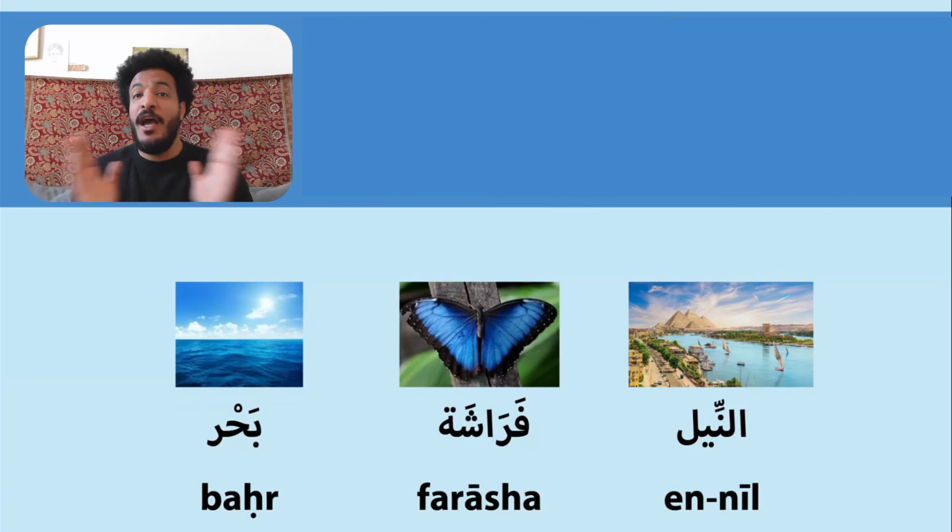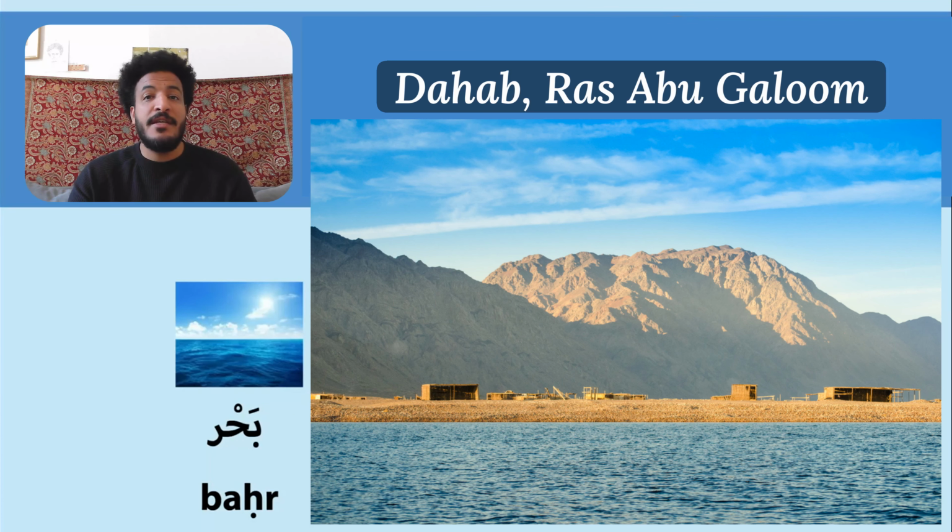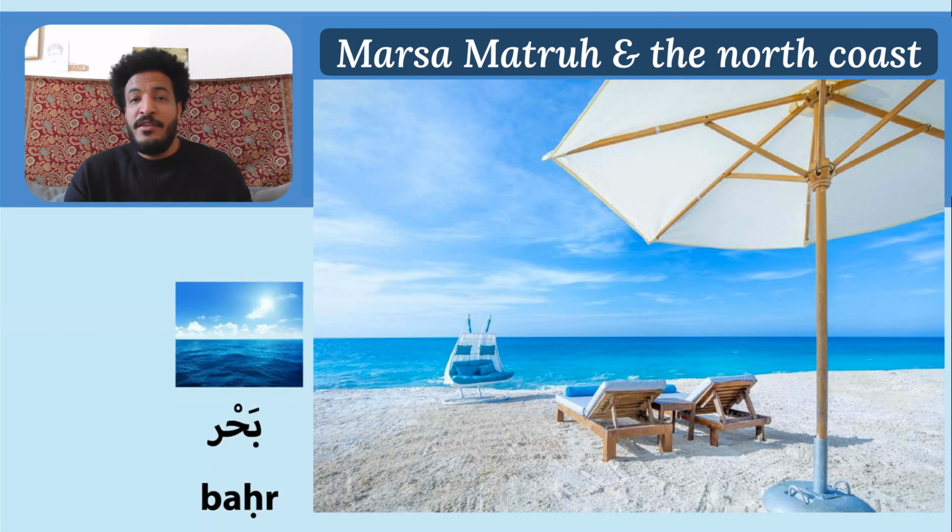بحر is sea. And if you go to Egypt, also check out the sea. And if you get the chance, check out more than one sea. Like, because we have the Red Sea on one side, and the Red Sea is really beautiful for diving, snorkeling, and doing all of that. And we have the Mediterranean Sea at the other side, and it's really beautiful. You can have some white beaches at the Mediterranean Sea, like in Marsa Matruh and الساحل الشمالي, the north coast. It's really beautiful there. If you went, let me know what you think.